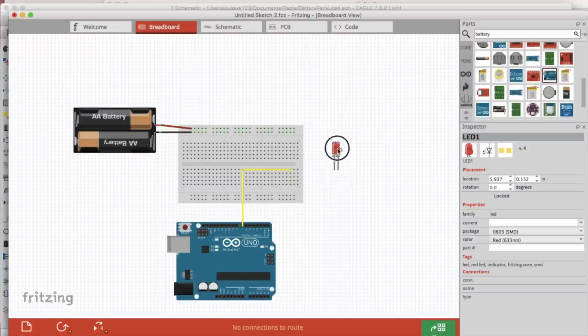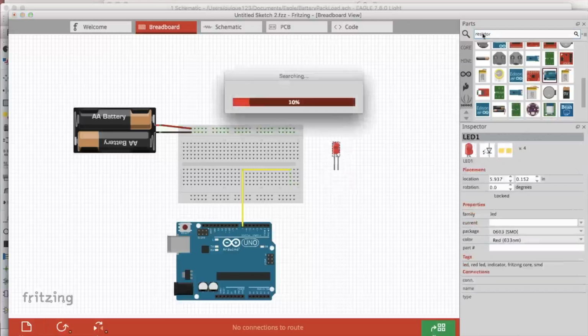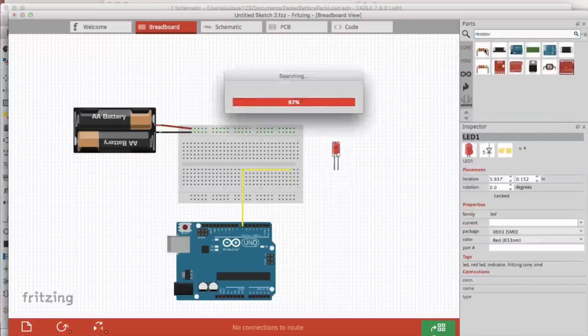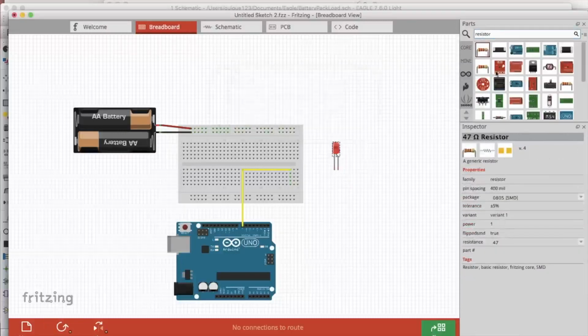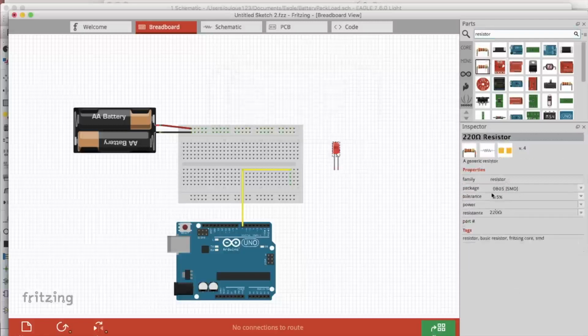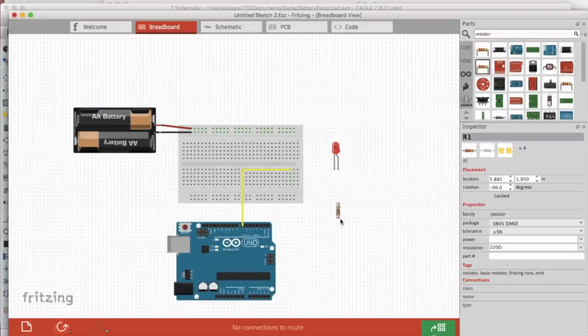And again, when we're making connections, we want to make the connection from the breadboard to the component, or from the microcontroller to the component. Okay, so in this case we're looking for a resistor. This is a 47 ohm, but we want 220. There it is, specified right there. 220 ohm